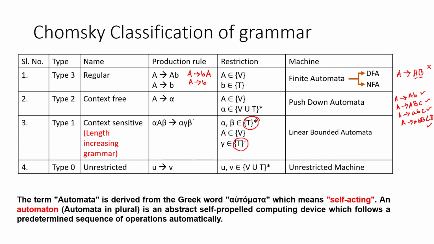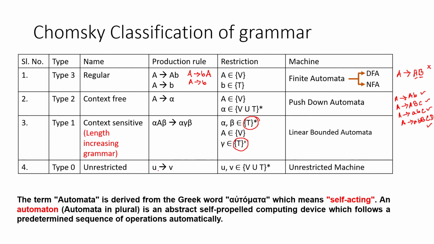And if you go beyond this, context sensitive grammar is also called length increasing grammar. And if you go down again, for type 0, we say it is unrestricted grammar,